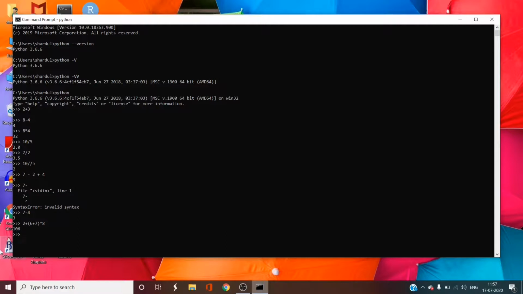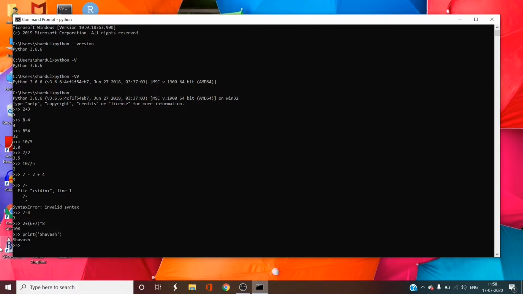Now let's upgrade ourselves by printing something. We can simply print a word by using this simple syntax called print. So if we want to print the brand name of this channel, we'll just type print all in smalls, open small brackets, then single quotes and type ShaVash, and then close the quotes and the brackets and press enter. See, it prints out our brand name ShaVash.